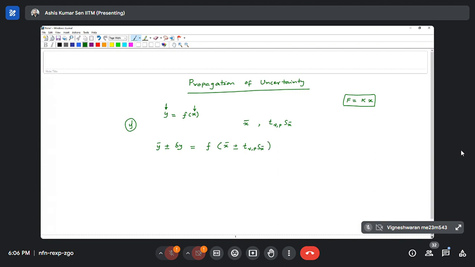Now, if I expand this in the Taylor series, I can write this as f of x mean plus minus dy over dx at x equal to x mean into, the subscript I am just neglecting, t into S x bar